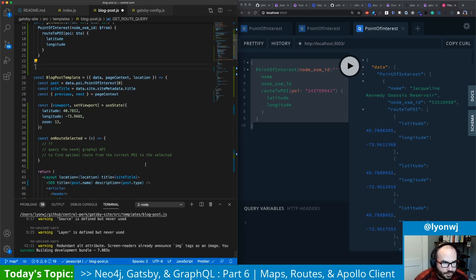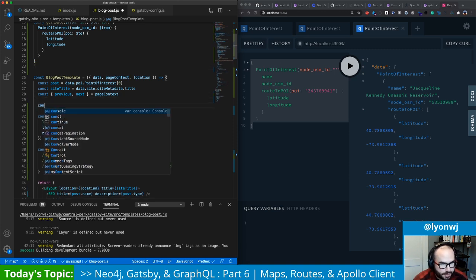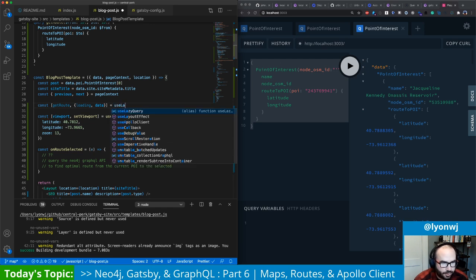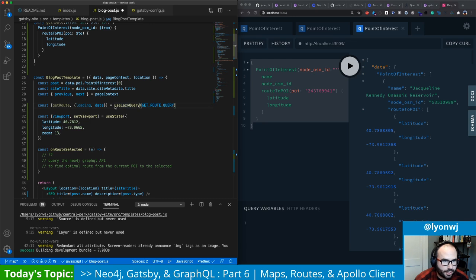we want to, down here, we'll say getRoute, and then also loading and data. So if we have a loading state when we run our query, we'll have a value in loading. Otherwise, we'll have the data in data. That's the getRoute query. Okay, so we're using useLazyQuery because remember, we don't want this query to execute